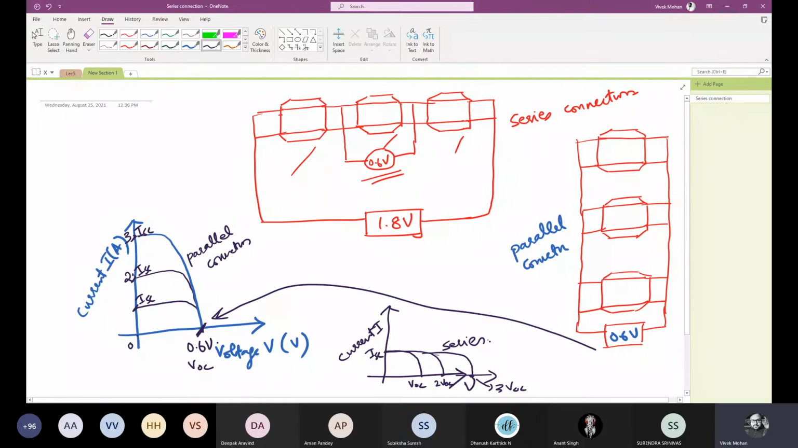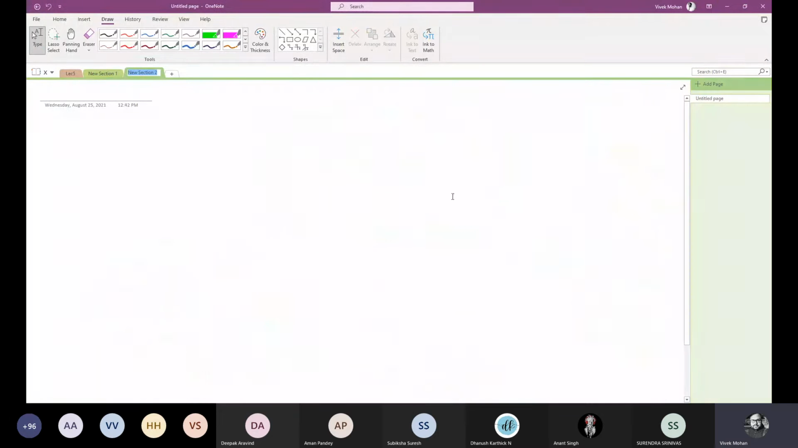Okay, so basically it's a series parallel combination. Now a typical PV module, we'll see a typical PV module containing 36 solar cells connected in series. So I'm drawing here a PV module like this, in which